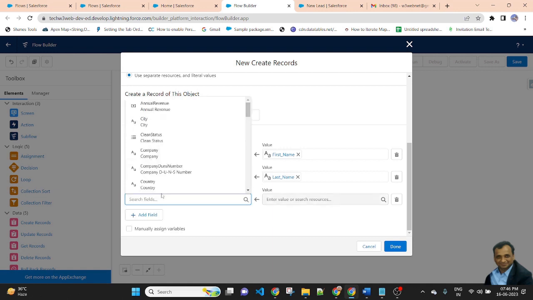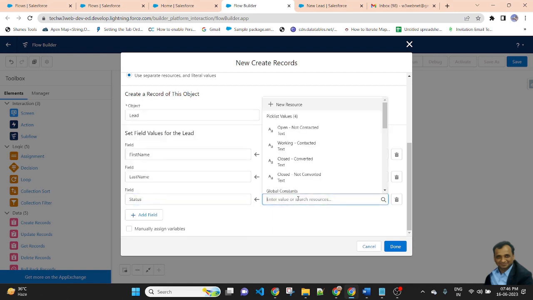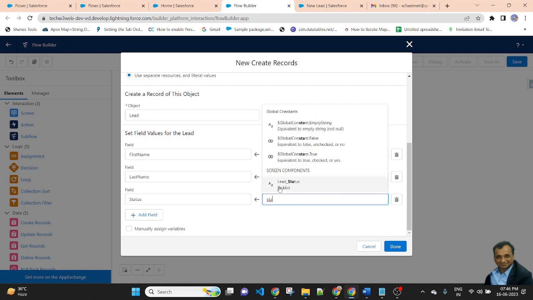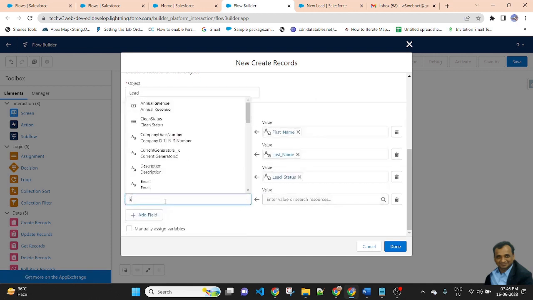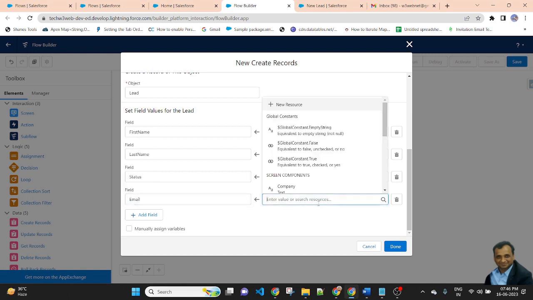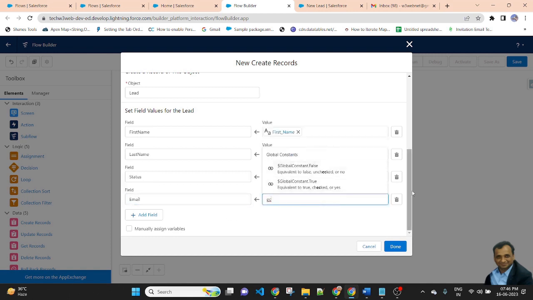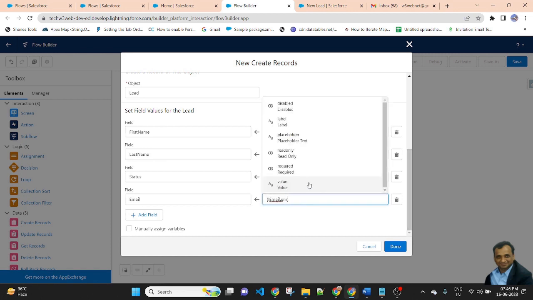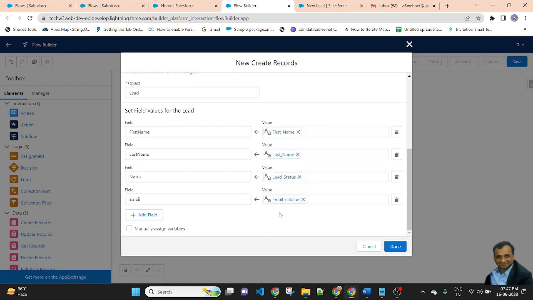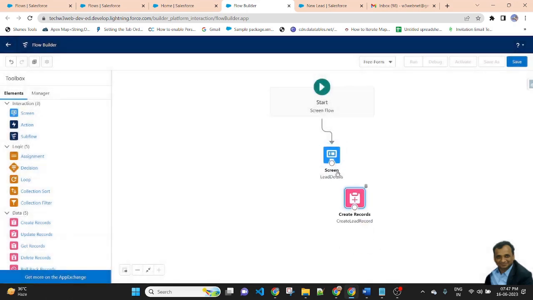Lead status, value will be lead status, and email, because I am sending an email. Email value, then done. So I have created a screen, and I have created a record of lead.